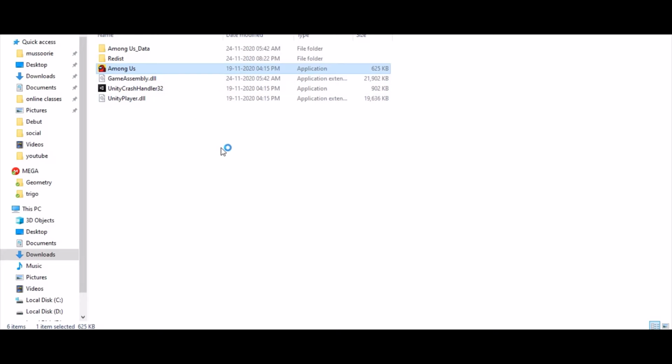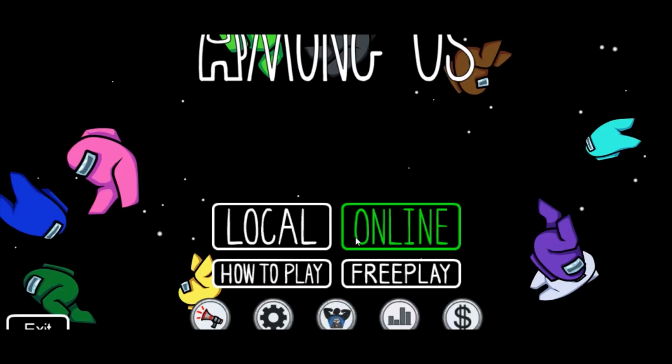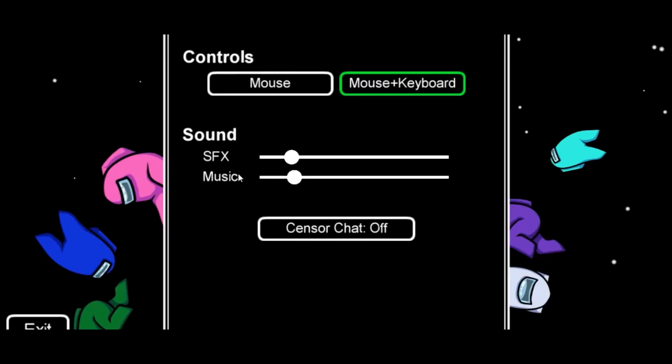Among Us is opening, so it is loading. As you can see, Among Us is here, and basically you will get all the skins, costumes and hats for free. You don't have to purchase them. It is loading. On the first time it will take like 5 seconds.